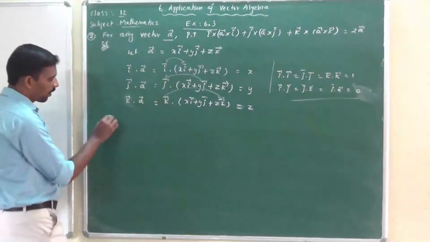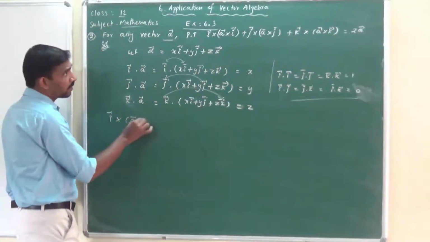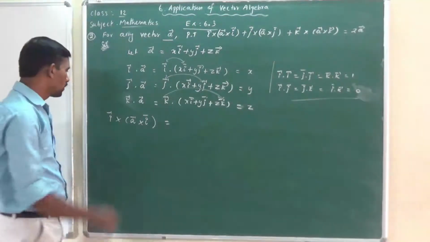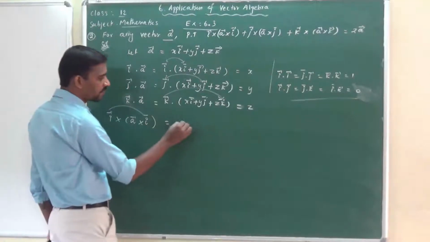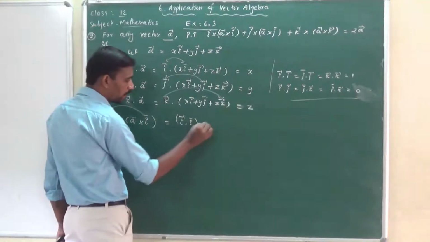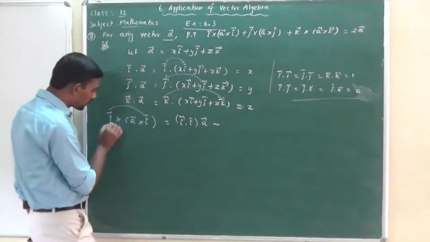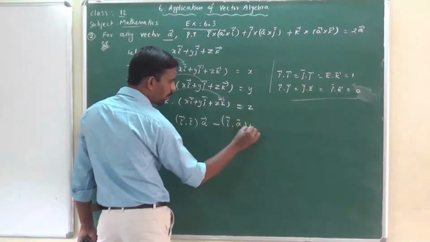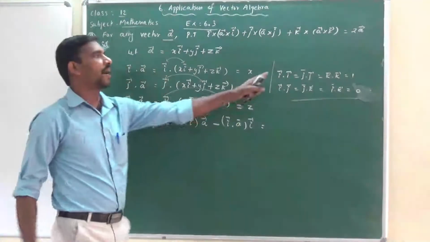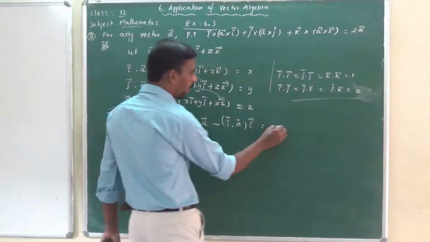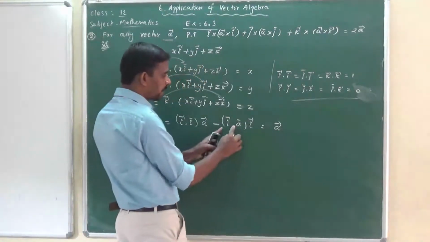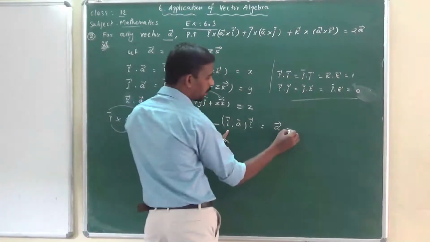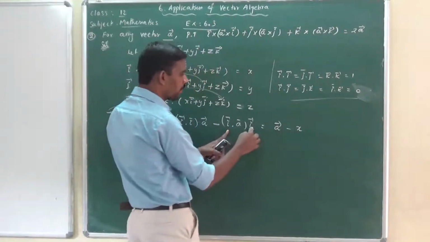Now take the first one, I vector cross A vector cross I vector. This is a triple vector product. So you multiply I dot I first, I vector dot I vector into A vector, minus next I to A first, I vector dot A vector into I vector. You know that I dot I is nothing but 1, so A vector. And this one, I vector dot A vector is equal to x, minus x into I vector.